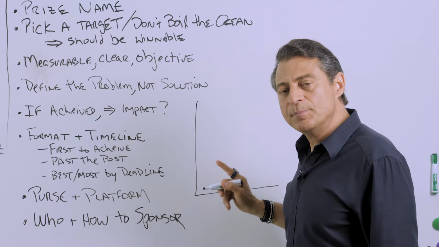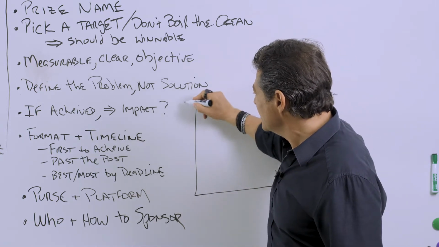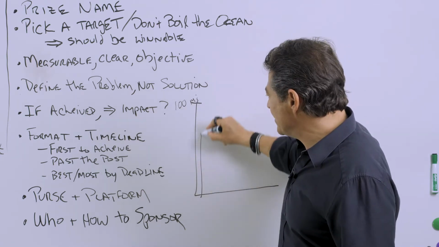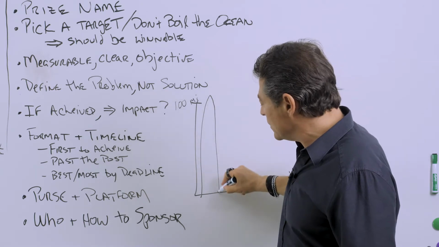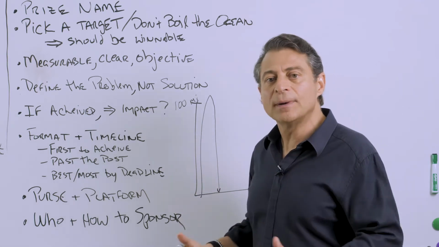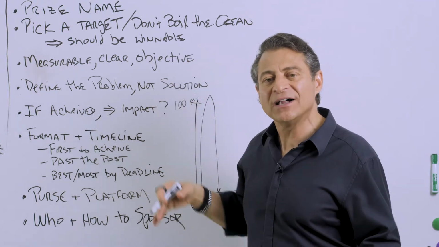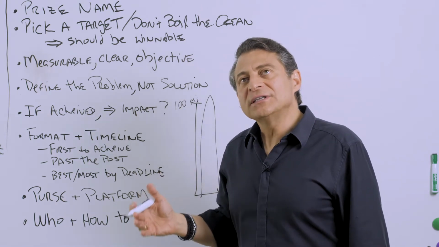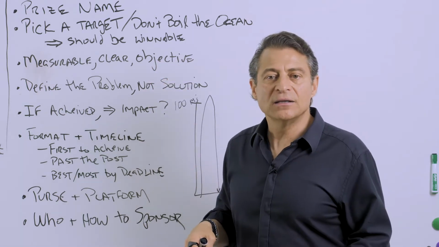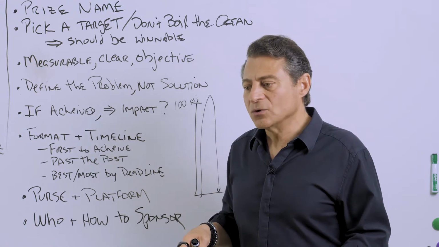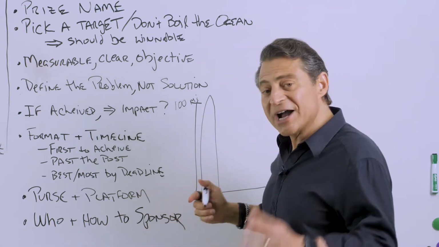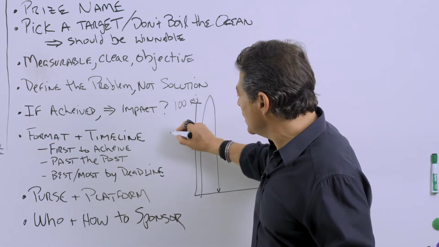Originally, when I was designing the Ansari XPRIZE, I had set a goal of 100 miles altitude. And the spaceship had to go up to 100 miles altitude and then come back down, and then within 2 weeks do it again. But when I was meeting with the engineers and talking about what it's like to re-enter from 100 miles altitude, we looked at it and said, when you're coming from 100 miles, your re-entry speeds are so hot that you can't use composites easily. You need to have special exotic materials. And so we actually made a decision to lower it down to 100 kilometers